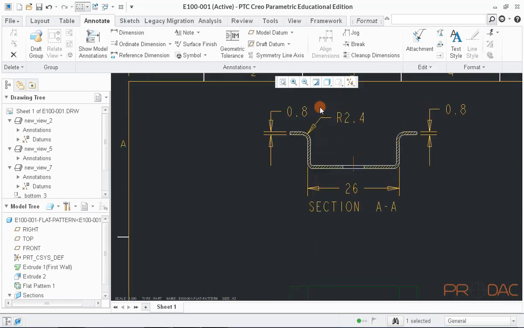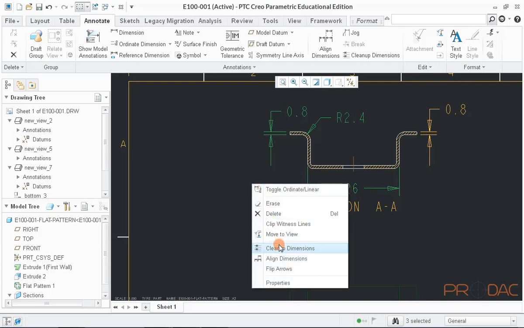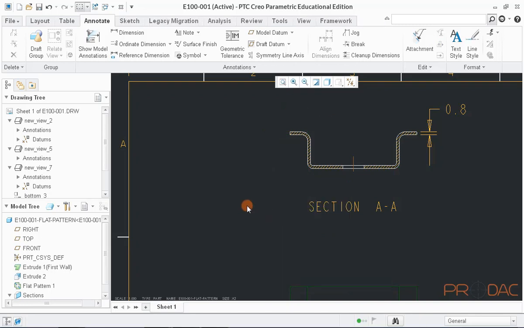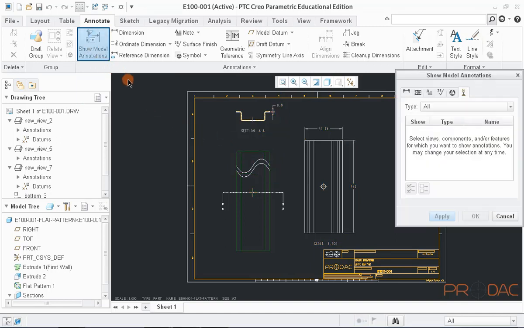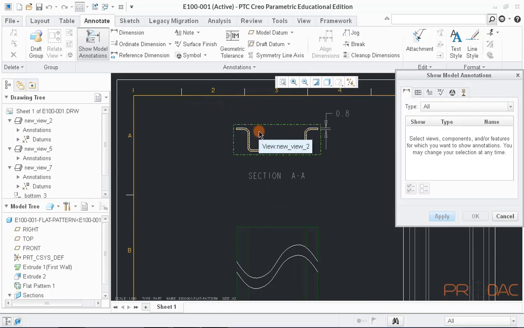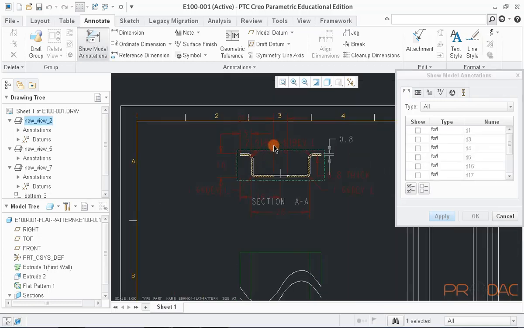Please note that manual dimensions cannot be edited as these are not parametric, meaning to say that if model is changed, dimensions won't get updated automatically. Let us delete all these created dimensions and create parametric dimensions. Now click on the button labeled as Show Model Annotations in top menu bar. A pop-up window appears. In this window, click on the first tab which is for dimensions explained earlier in this session. After that, select the view in which we want to populate dimensions. Now view gets populated with all the dimensions.